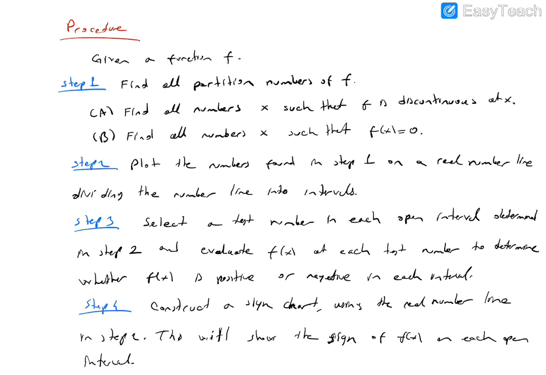Okay, let's look at the following example. f of x equals x plus 1 over x minus 2. Our aim, for example, is to solve this inequality, bigger than 0. But anyway, I will decide all the cases. Step 1. So let's find the partition points. A: x minus 2 equals 0. This implies x equals 2.